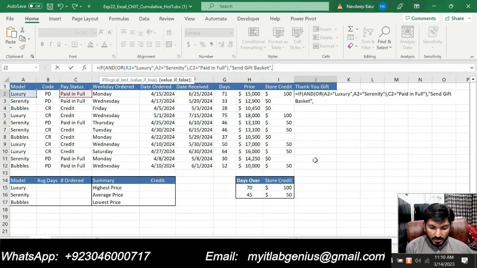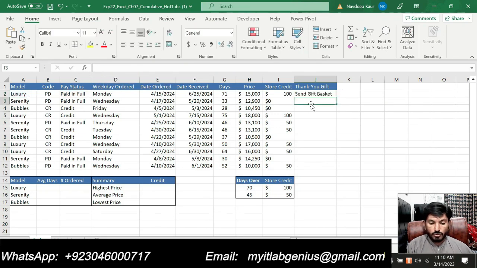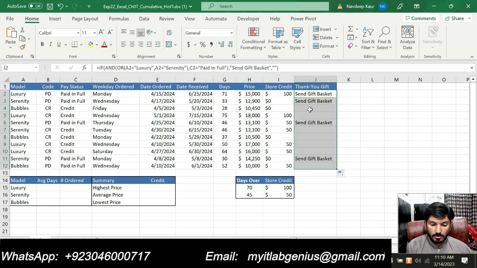Otherwise it should return an empty string. So you can see that it is paid in full and the model is luxury, then it is returning send gift basket. Now we will copy the function down the column and you can see that it is Serenity,